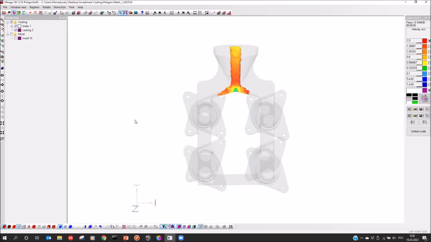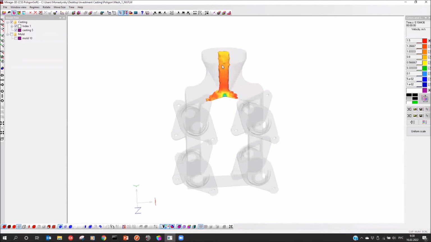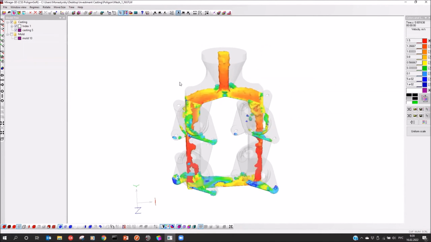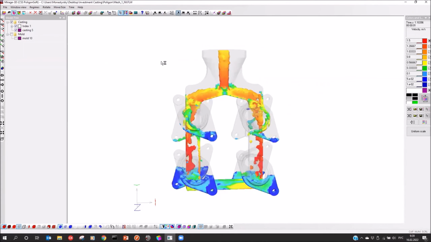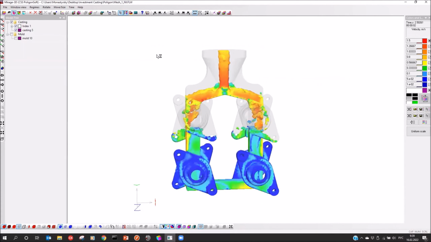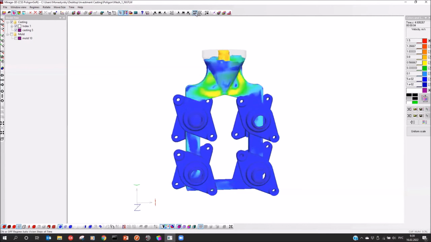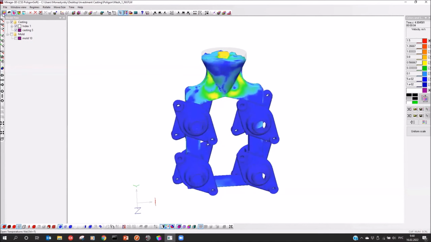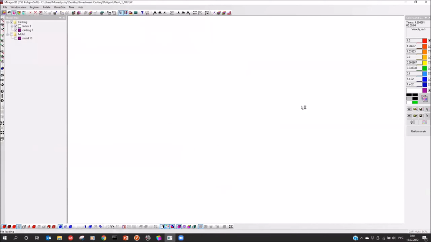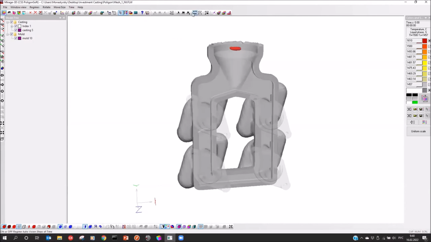Our simulation is finished and we can show all results. Now we see filling results and the velocity field, and here is a scale, and we can use this player to move along the simulation and see the filling dynamic, or we can use automatic mode. If geometry is big, we can record video and look at the filling process in real time. And we can see the temperature field. I can load it. And I can go to the last step,